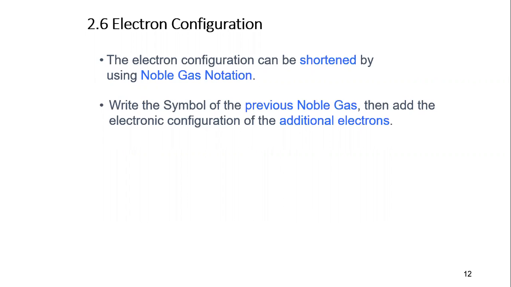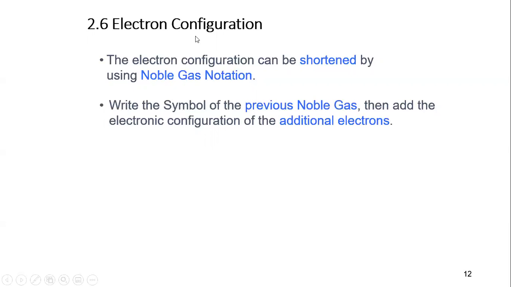When we're writing the electron configuration, we look for the previous noble gas and put that in brackets, and we only put the important part of that particular element after the noble gas. The reason we choose the noble gases is because noble gases are very stable elements. So for example,